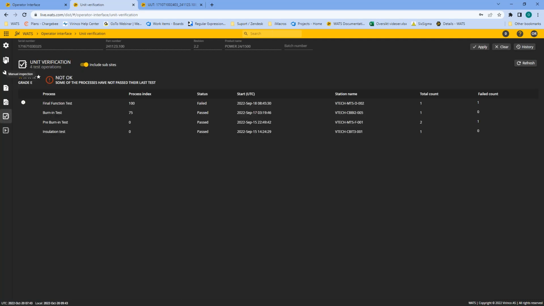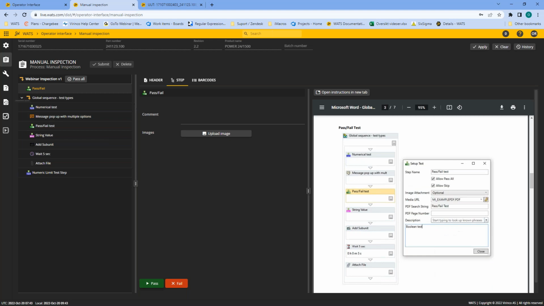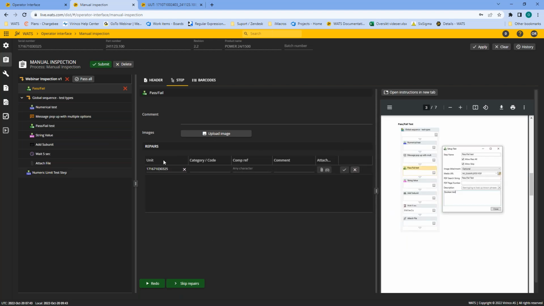So I'll scan this one as well, and I'll start the manual inspection. And this time I will just start the test. And on the first step, instead of passing it, I will fail it. And as you remember, when we set up this manual inspection, we set the repair on failure option to be optional. So once I fail this one, what automatically happens is that the repair interface is opened directly into the